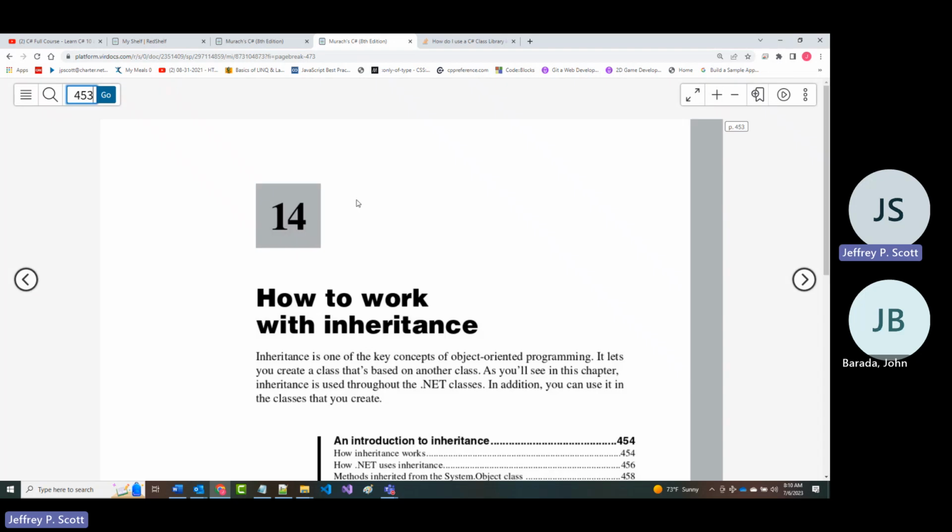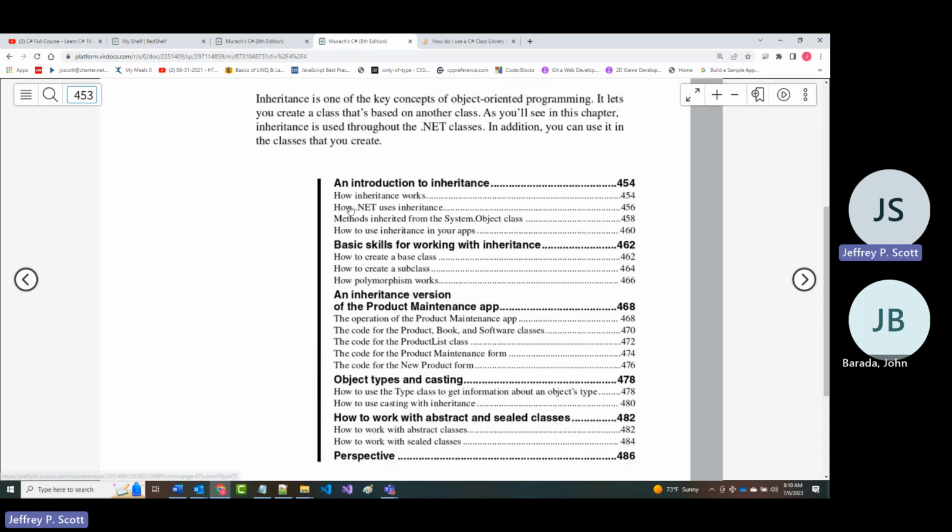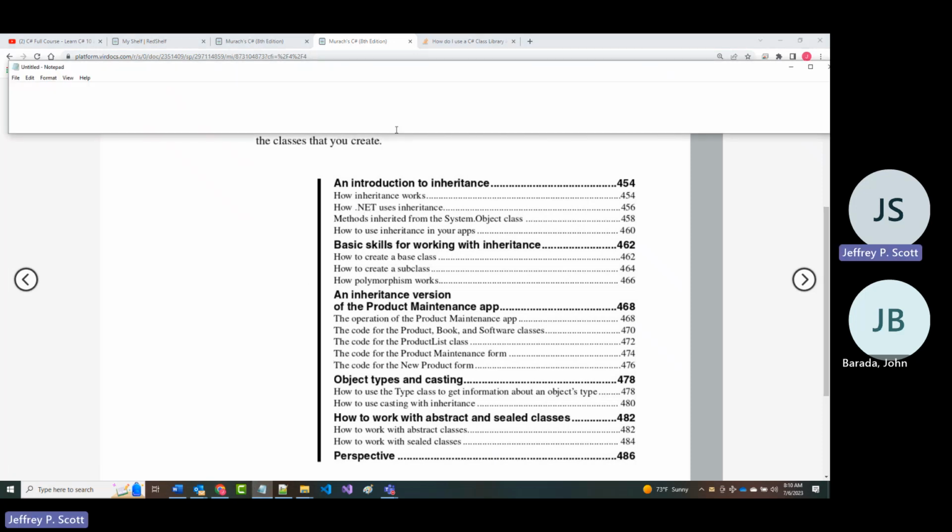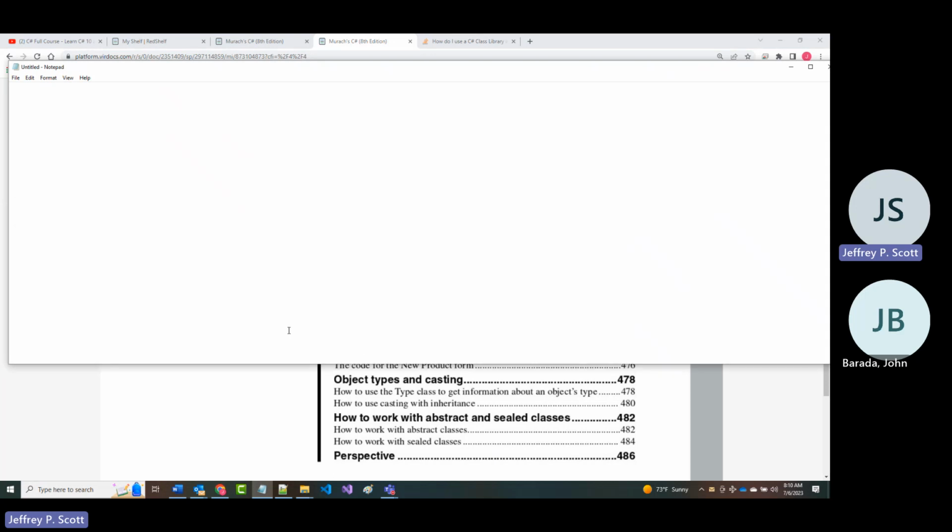Starting in chapter 14, which is not a super long chapter, they start to talk about inheritance. And that's what we're going to talk about next. Now, inheritance in C sharp, in some ways, is like genetic inheritance. What I mean is, if I declare a class, let's just look at a real simple example. So if I come in and I declare a class,